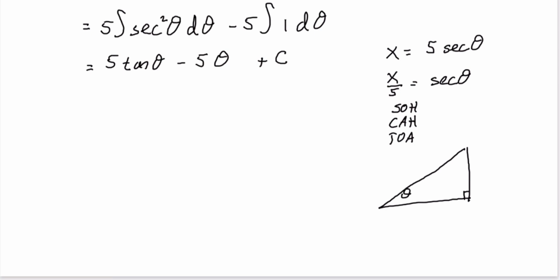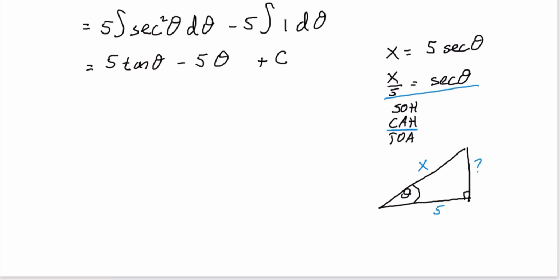We'll have theta here, and we're given that secant is x divided by 5. Cosine, recall, is adjacent over hypotenuse, and it's just the reciprocal of secant. So if cosine is adjacent over hypotenuse, secant is going to be hypotenuse over adjacent. That is x over 5,